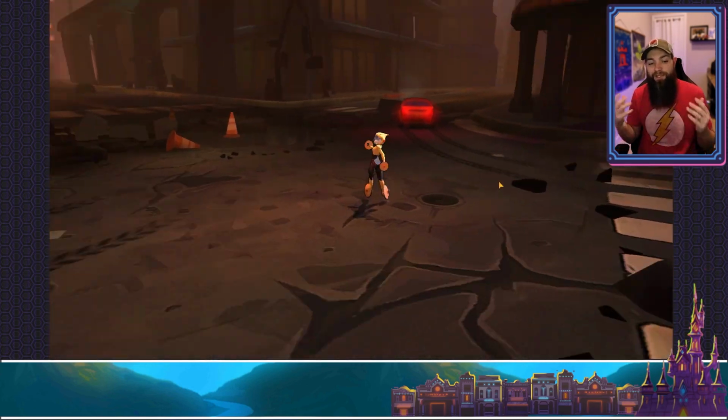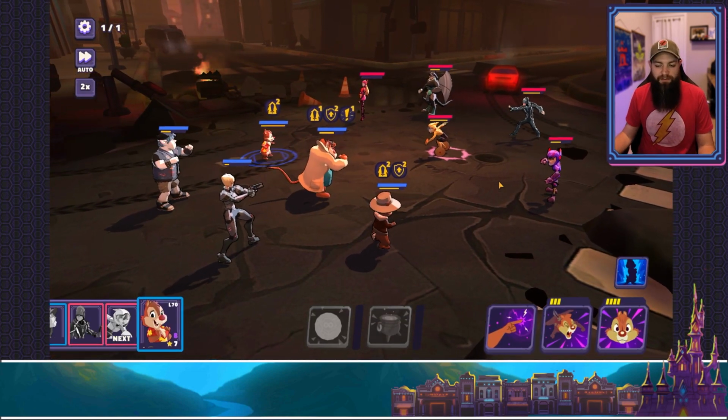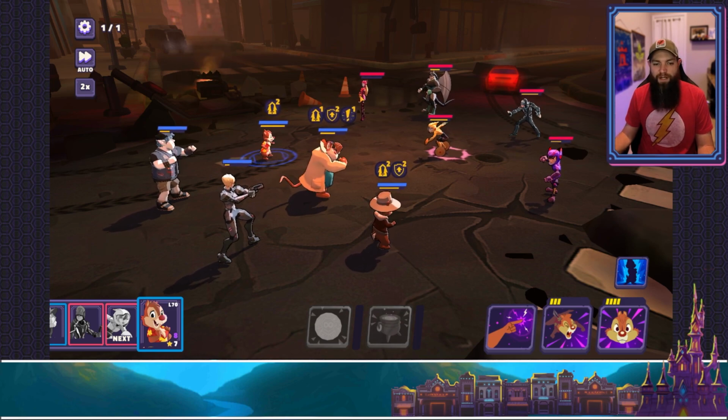But again, I don't want to show off Elsa, I don't want to show off Hercules, I want to show off a team, and I want to really put the Rescue Rangers in the forefront. So I feel like this is probably the best way of